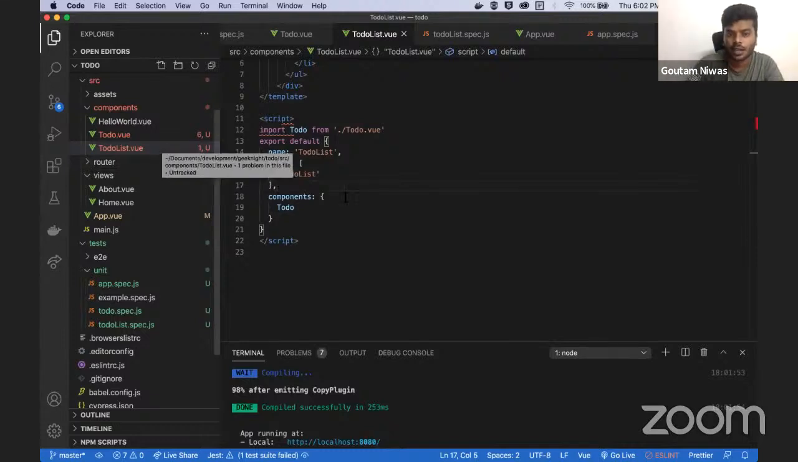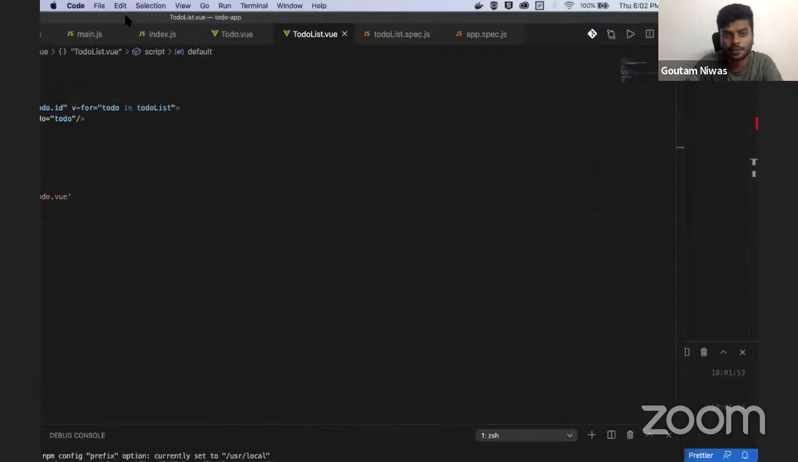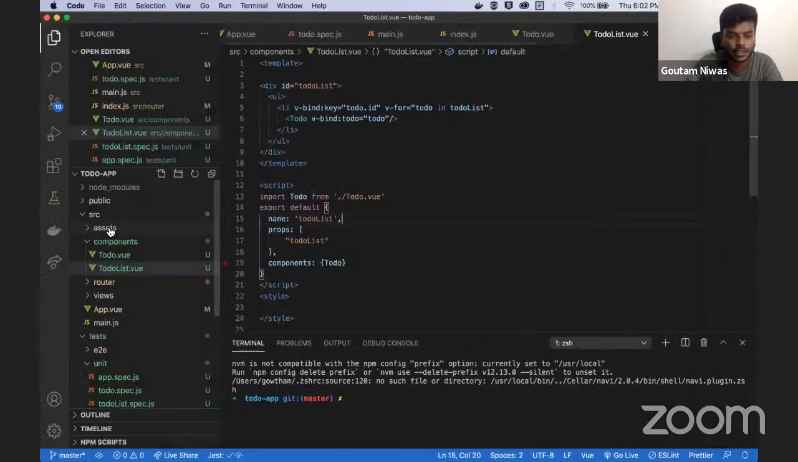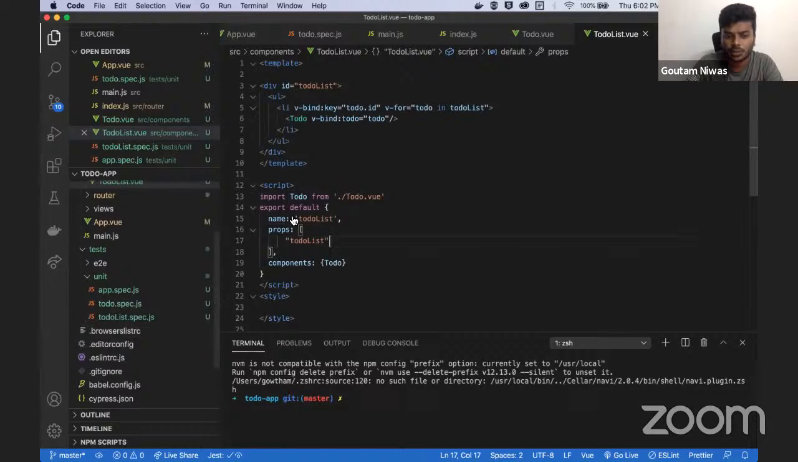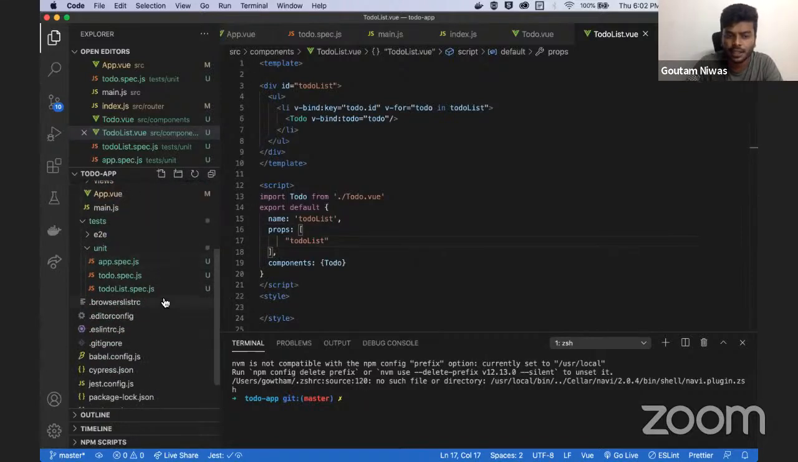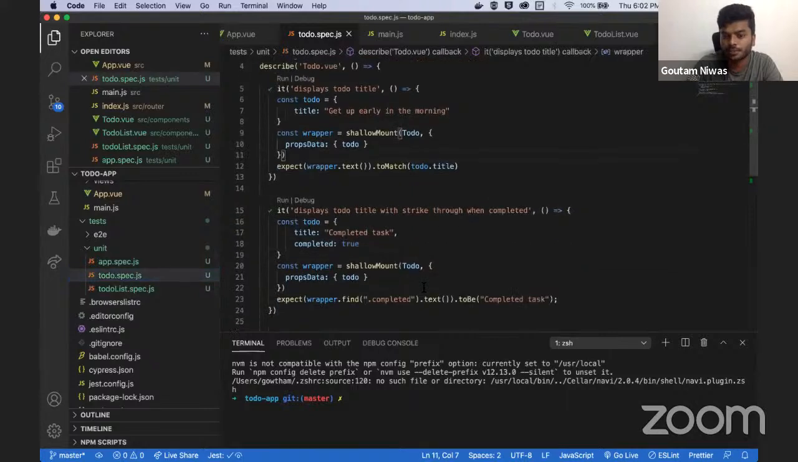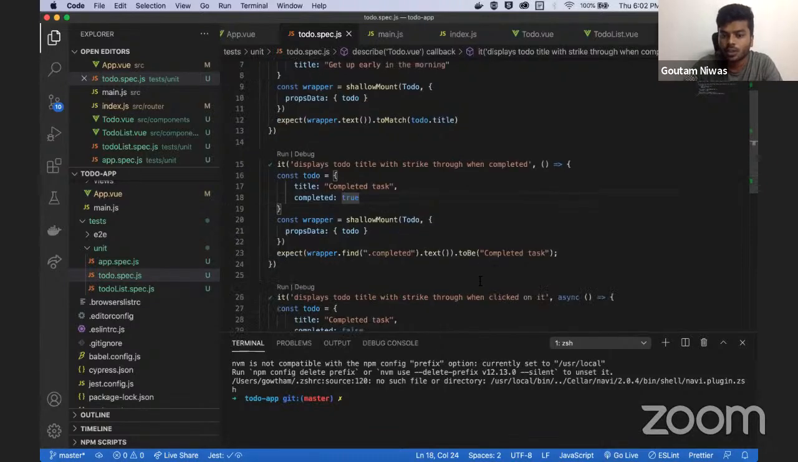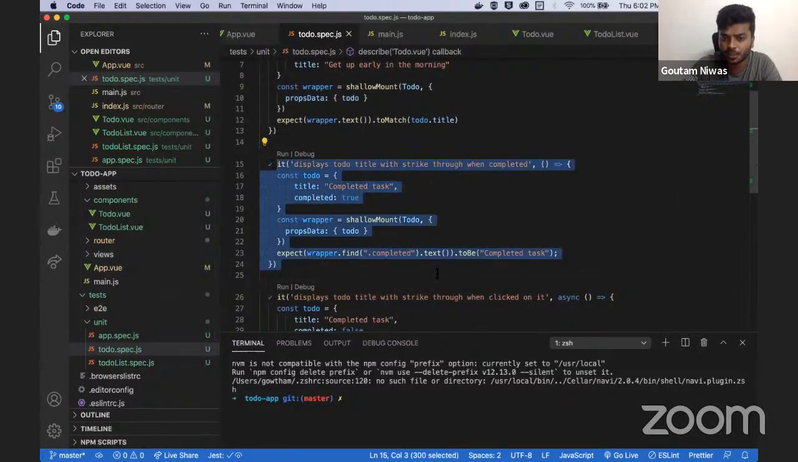And I will just show you my other project. Just a second. Yeah, for the sake of understanding. So in addition to what I have created, I also tried to create a to-do component which has a completed task, right? So if it is completed, it has to be strikethrough. So in order to test those, I used a test here,